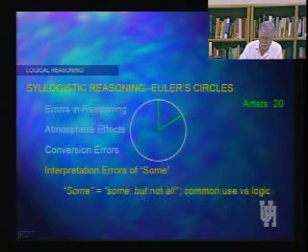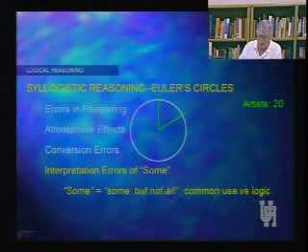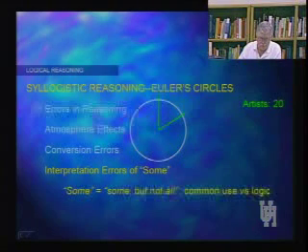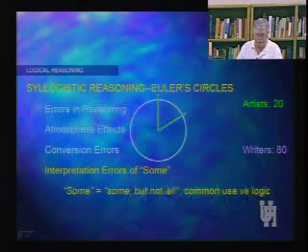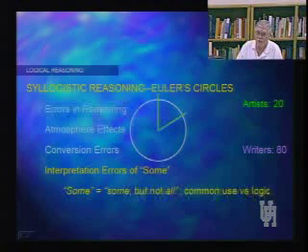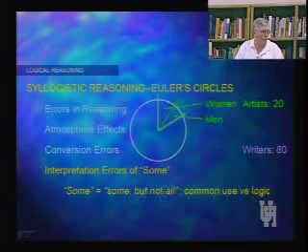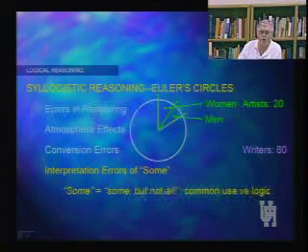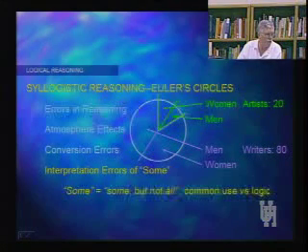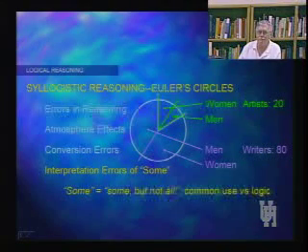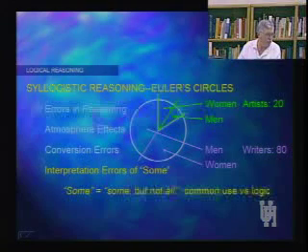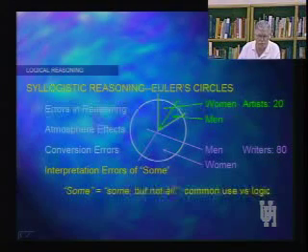And here's the situation. In one study about 20 years ago, subjects were told a group of people consists of 20 artists and 80 writers. So the artists represent 20% in this group, and the writers represent 80%. Half of each group are men, half are women. Why they had to be told the second half, I don't know. And so what we can do then is to divide each group in our total circle in the following way. Among the artists in green, half of them are men, half are women. And among the writers in light blue, half of them are men and half are women.